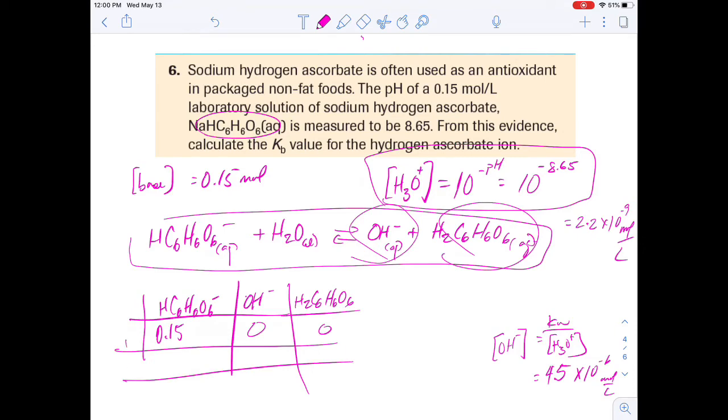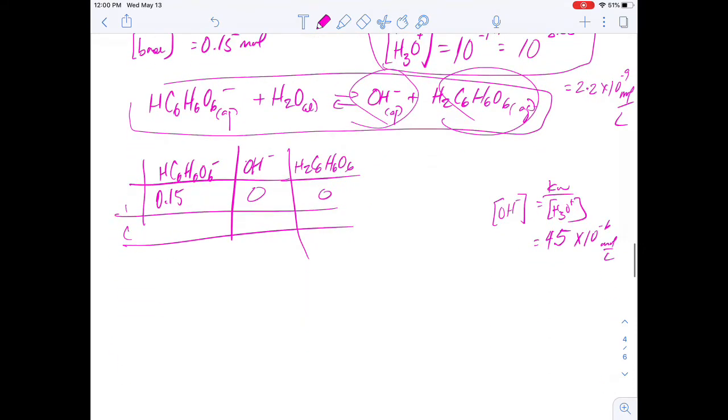My change is going to be 4.5 times 10 to the negative 6. This will be 4.5 times 10 to the negative 6. So we were making plus 4.5 times 10 to the negative 6, plus 4.5 times 10 to the negative 6. This will be minus 4.5 times 10 to the negative 6, which when I round it off leaves me with